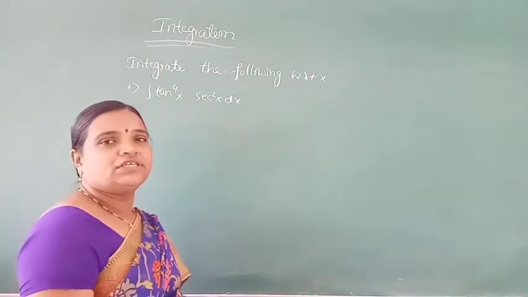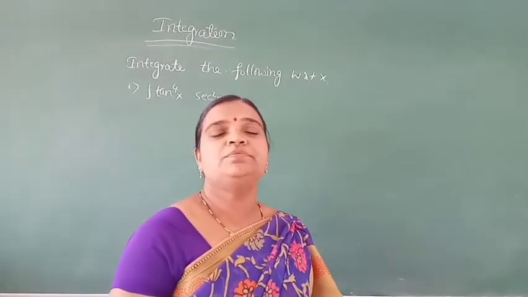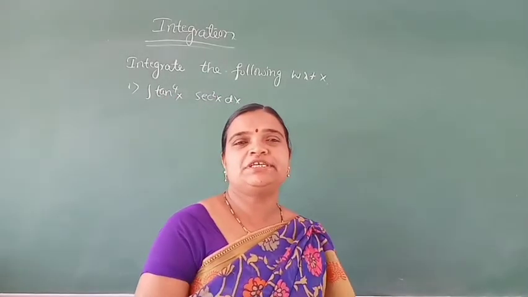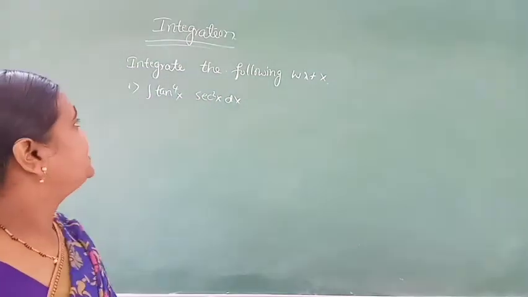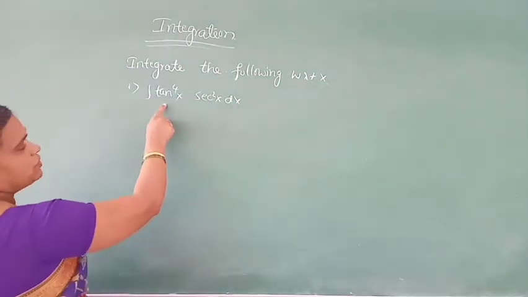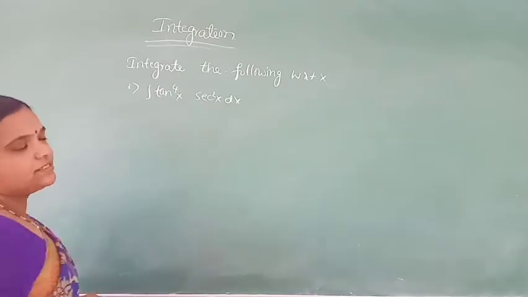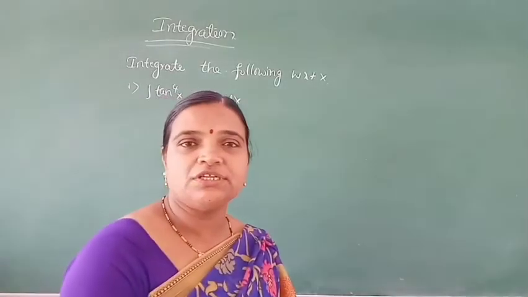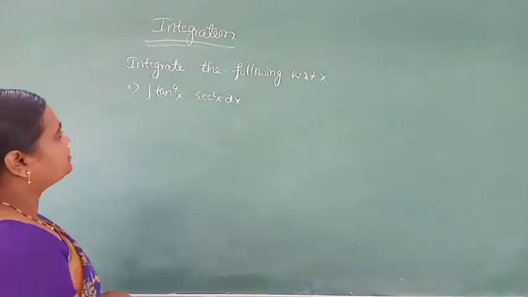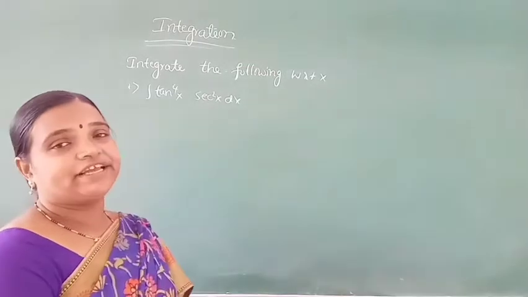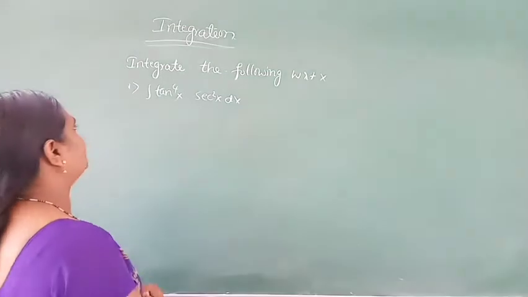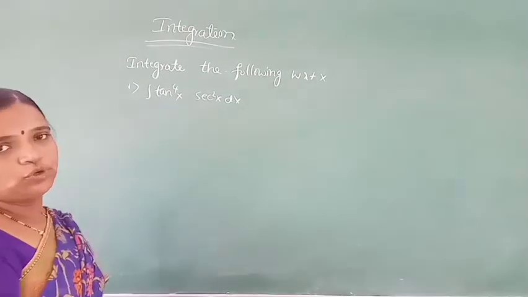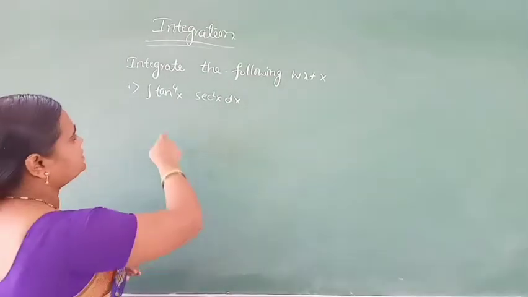Hello students, today we'll do examples based on integration by the method of substitution. For that I will take one example: integration of tan to the power 4 x secant square x dx. By the method of substitution we have to verify which one we can substitute so that we can get the integration easily. See, if I take tan x equal to t, if I substitute tan x as t, what will we get?